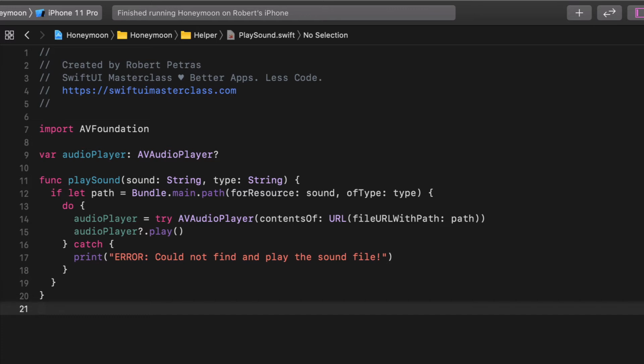In case the app is able to access the sound file without any problem, then it will try to create the actual audio player and use the path of the sound file. After that, the audio player starts playing the given sound file. The beauty in this code is that we can reuse it in the application at any time we want. Alright, enough saying. Let's implement the sounds into this app.